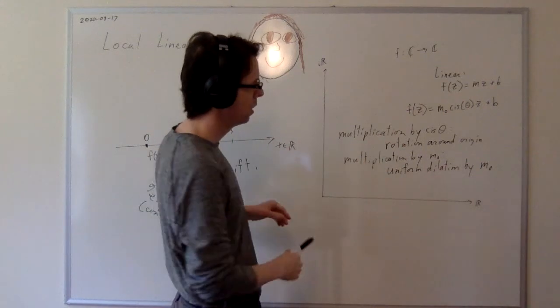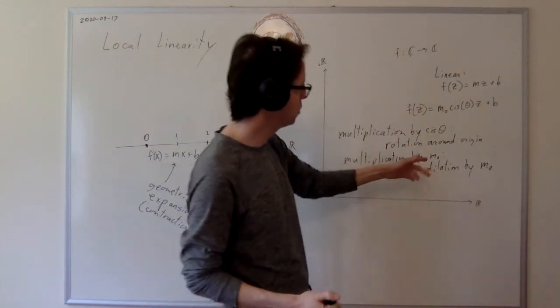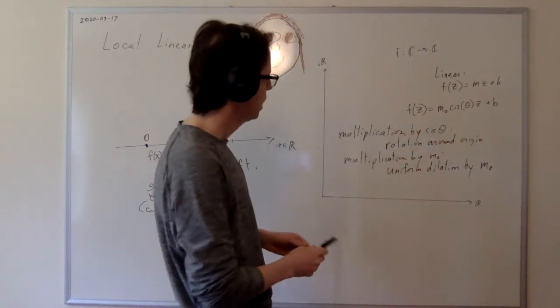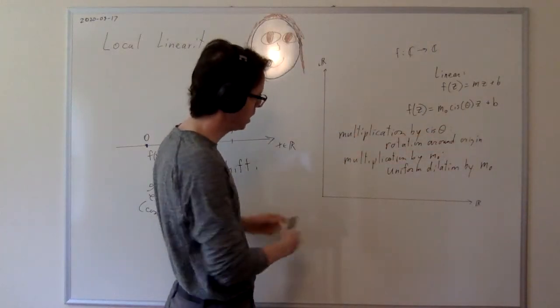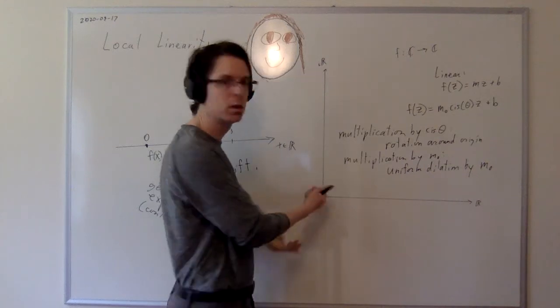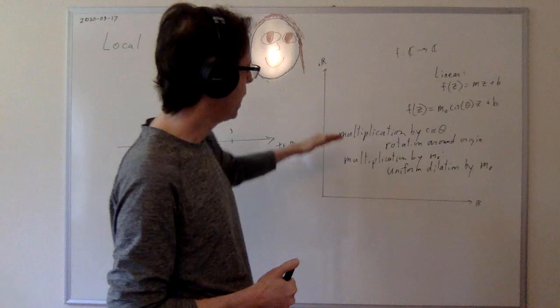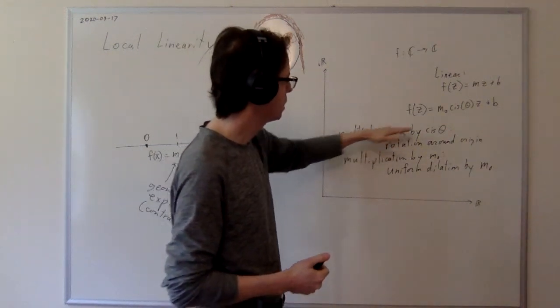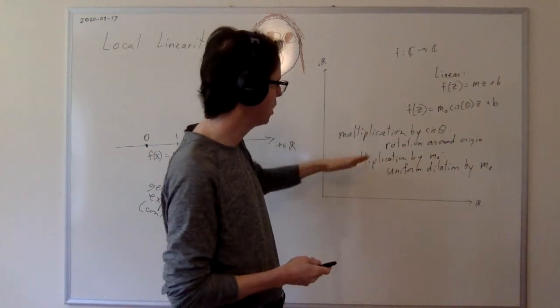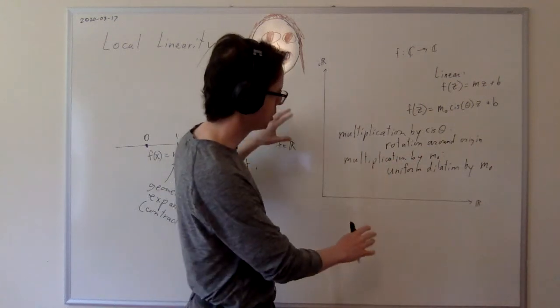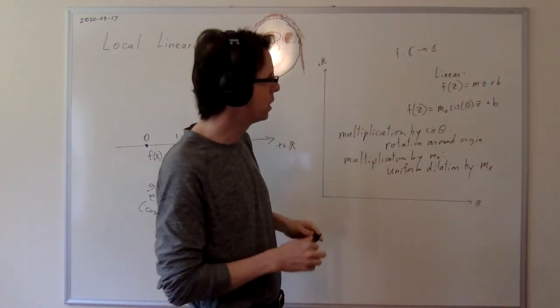Everything just moves out. Now, you may be worried about what if it's negative, but it can't be negative because it's the modulus of m. It could be 0 in theory, and then that would just collapse all the points to the origin because we're just multiplying by 0. So we have a multiplication by cis theta, which accomplishes a rotation, and a multiplication by m naught, which accomplishes a dilation. Finally, we have the addition of b,